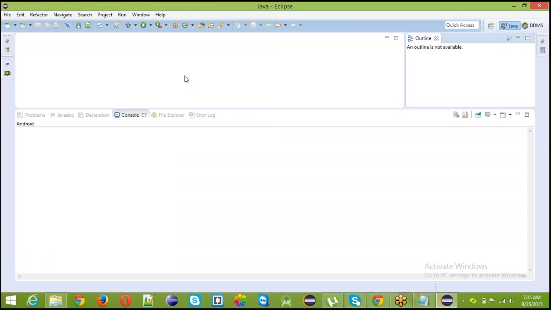I am using Windows, so I have to install the Java software. But for your Mac, Java comes by default when you buy the system. So Java software is available in your Mac OS, and you can download Eclipse only. But otherwise, if you want to know how to install Java also, I will tell you.